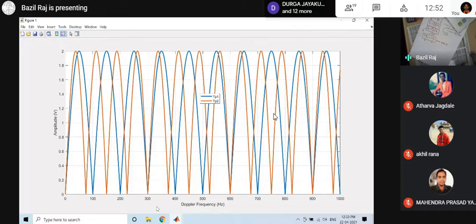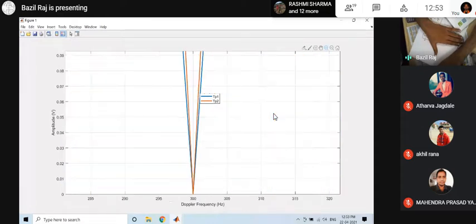It is shifted to 300 hertz now. So the blind speed still occurs at 300 hertz now. So by changing this ratio, it is possible to shift the blind speed far away from the Doppler band now, right? So I enlarge the signal. You look there at 300 hertz, both PRFs give you 0 response.